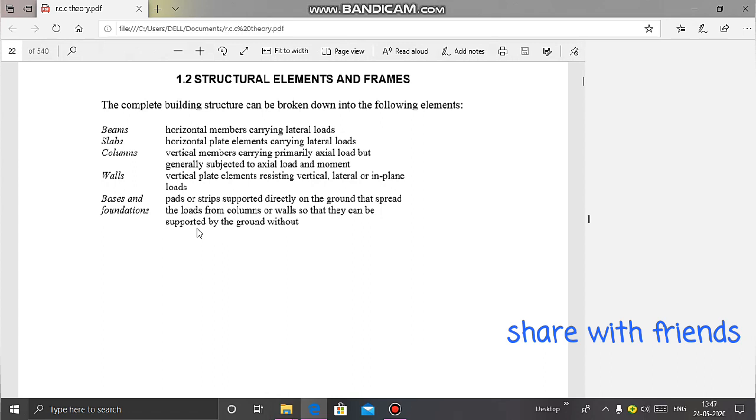Bases and foundations. Bases are pads or strips supported directly on the ground that spread the loads from columns or walls. These are pads, or we can say just a strip, which supports directly on the ground that